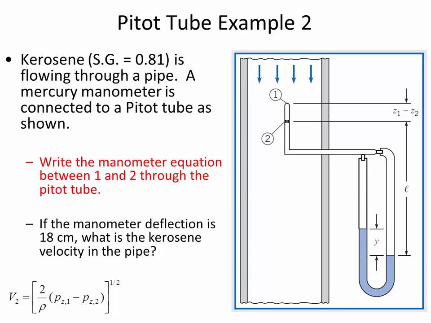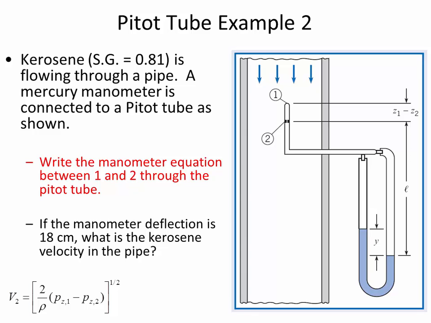All right, so let's take a look at this one. If we start with the manometer equation, we are going to begin at location 1, and we're going to work through the manometer just doing the hydrostatic equation. So it will start off with P1, and as we go down, the rate of pressure accumulation will be the unit weight of the liquid. And this is kerosene, so it'll be the unit weight of kerosene,